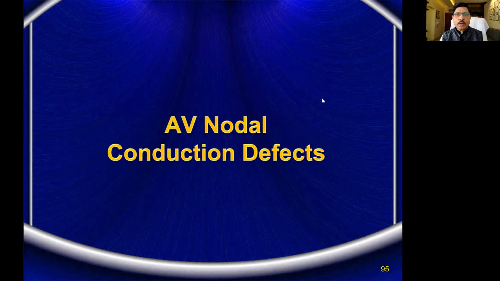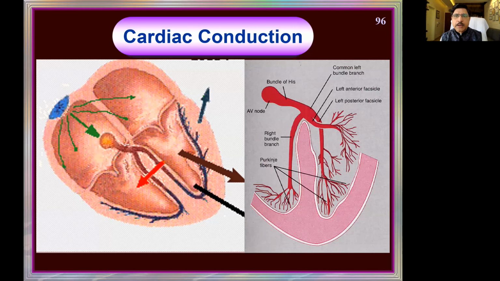Thank you. So today we will be looking at the conduction defects, and later on we will go into arrhythmias as a part 3. So this is only just conduction defects only we are looking at, and let us see. Before that, we need to have a very clear understanding of the cardiac conduction. Look here, this is the SA node. And from the SA node, the impulse is carried on to right atrium first, and then the syncytium of the left atrium also is activated. Simultaneously, both the atria are synchronously activated and contract.